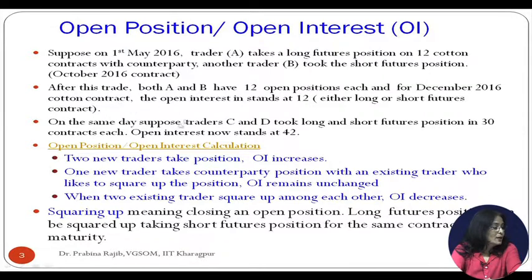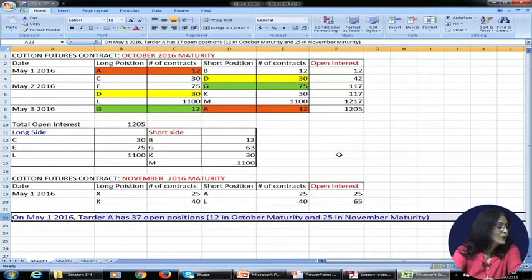Now let's say on the same day, that is on 1st May 2016, suppose traders C and D took long and short futures positions in 30 contracts each. So C takes, let's say, a long futures position on 30 contracts, D is taking as a counterparty the same 30 contracts. Now open interest increases to 42. Now this particular, let's say, cotton futures contract,